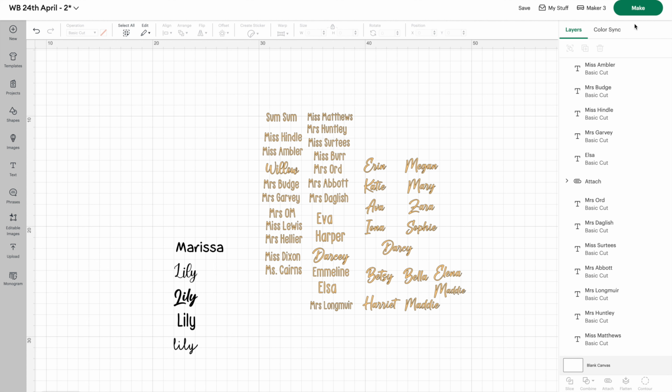So all that I'm going to do is click Make, and then it doesn't usually take as long. I don't know if that's part of the wee glitch that I'm getting, as well as going to the card mat taking a wee bit longer, or maybe just that one had so many names on it. But it's just going to spin round, and once it's done that,